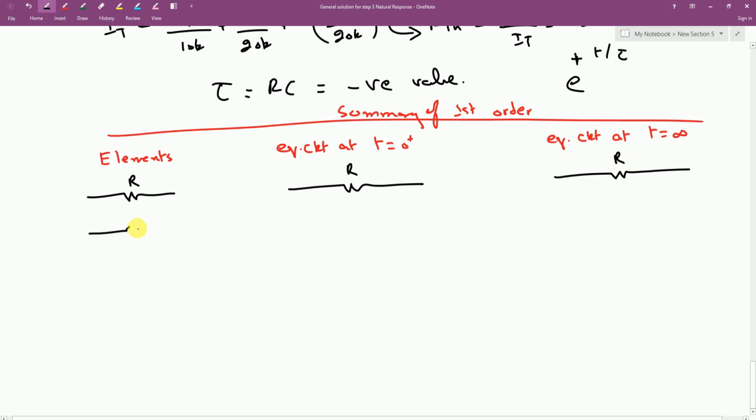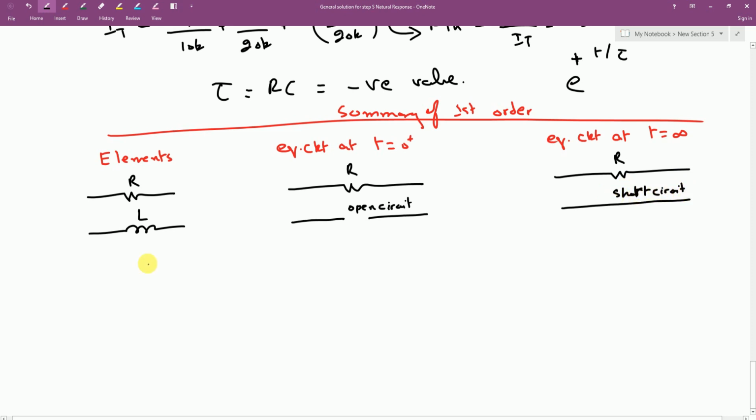For the inductance, suppose we do not have any current flowing through it. Then the inductance shall try to maintain zero current through it. So with initial condition equal to 0, the inductor will try to retain that value, and zero current means that it will try to operate as an open circuit at time t equal to 0 positive. But as the time elapses, at time t equal to infinity, the inductor actually behaves like a short circuit.